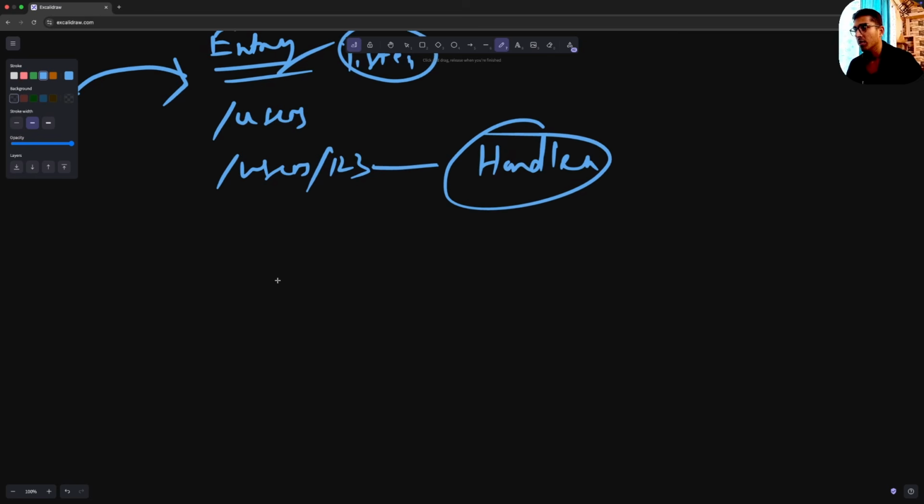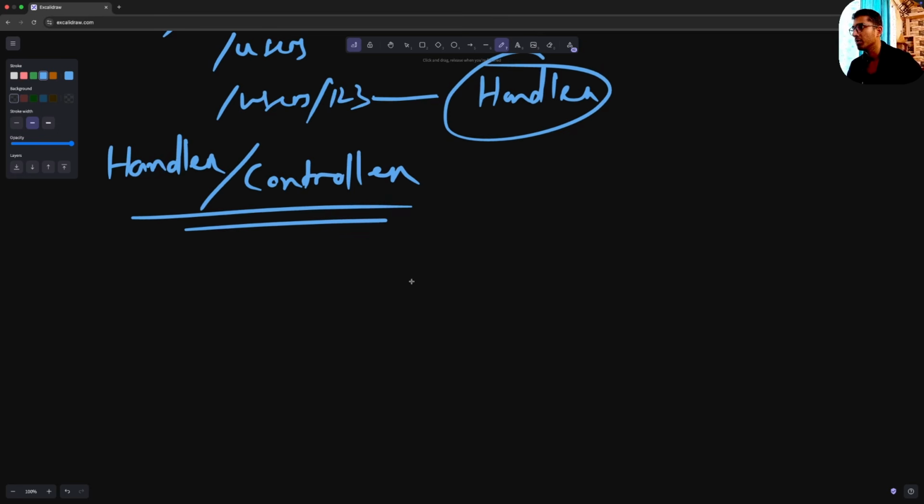Now let's see what are the responsibilities of these three components. The first level, once we get the request here from the routing algorithm, it reaches the handler or the controller. So we have here handler/controller. Okay, what is the responsibility of this? We get the request, and in pretty much all the servers, it does not matter, you're dealing with Golang or Node.js or Python. Those are the three languages that I have personally used, so I'm not aware how the pattern works in other languages, but I'm pretty sure